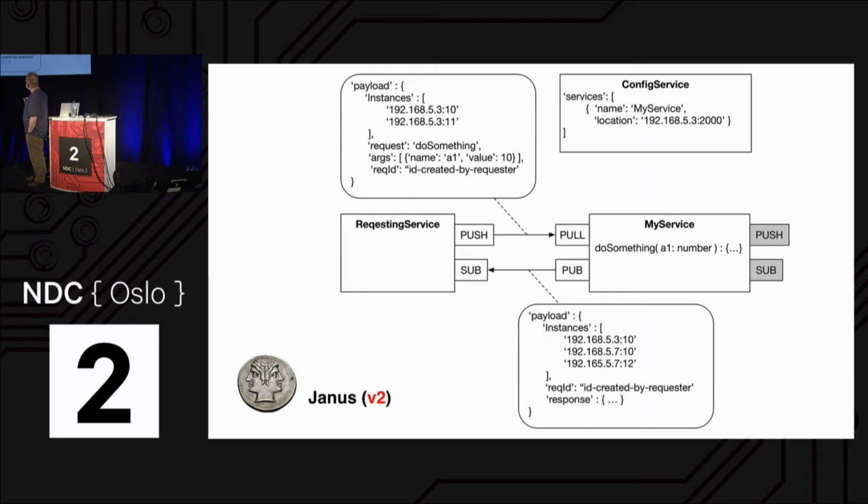But the basic idea is that it will push this request down to the service. The service will then do whatever it has to do, and then it will respond. And it responds with the original request ID so that this guy can match the request to the response, and then there's some JSON that describes what the response is, and that's going to be unique to the request. So the basic idea is that I'm pushing and pulling here, and then I'm using pub/sub to go back in this direction. Now for this to work, the binding has to happen on this side.